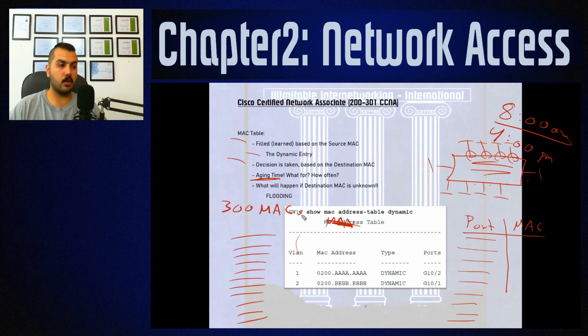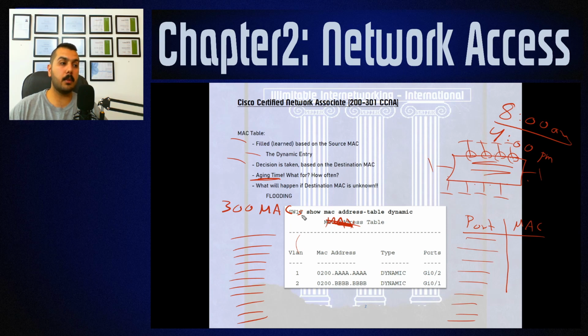Just like we talked about in chapter 1, they have random access memory, a processor, a hard disk drive, and flash memory. You will also get to know something called NVRAM in the switches and routers, the Cisco device components. So when you exceed 300 MACs, maybe you will reach 500 or 1000 MACs, the memory will be